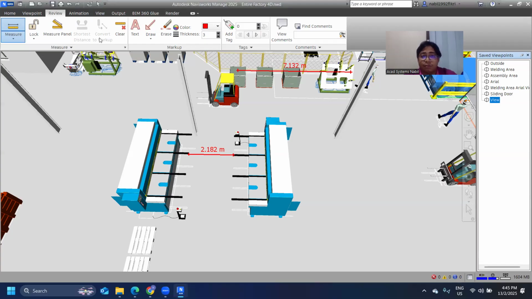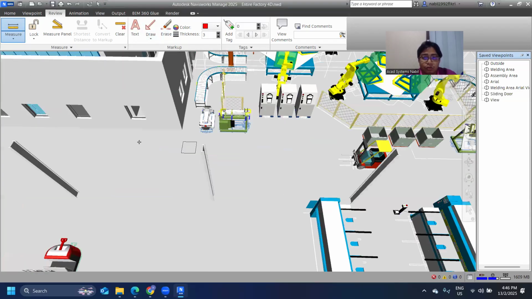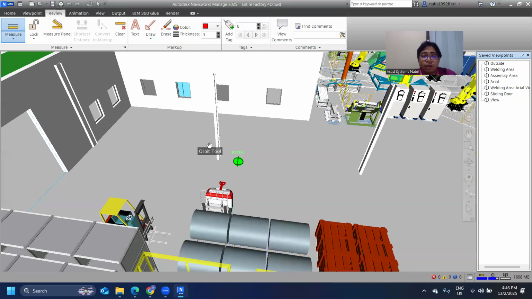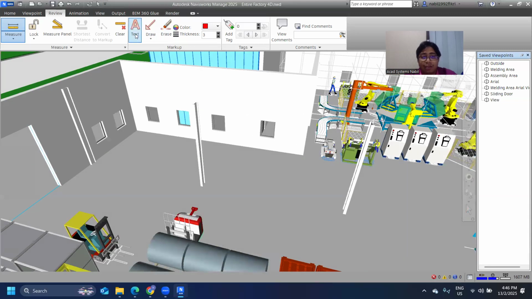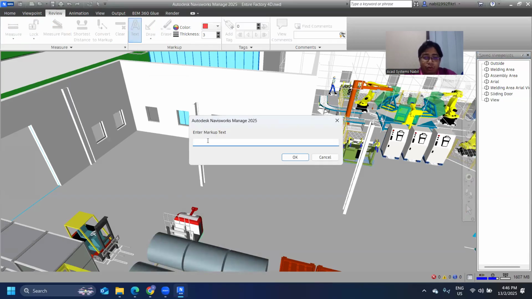So that is one of the markup that I have. I also have an entire ribbon specifically for markup sections. If I want to, let's say maybe I would like to remove this beam member at the middle here, I can add a comment or text stating that I want to remove this. Say, move this